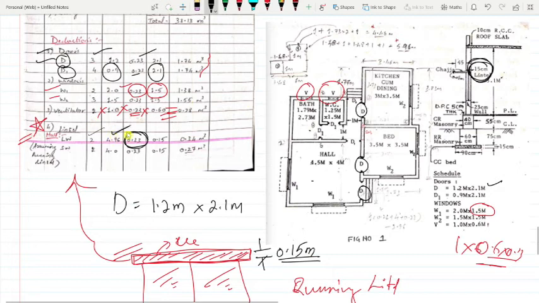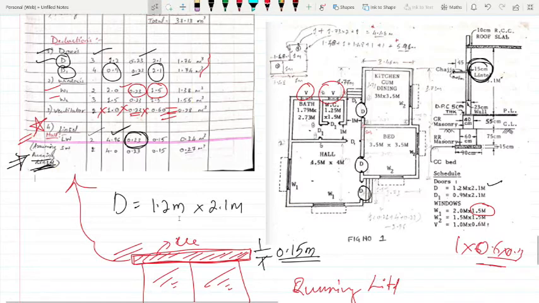And length is 4.96, that we calculated initially. I have written here assuming a running lintel, which means the lintel is there completely everywhere. If the question says it is a running lintel, then only assume so. If it is not given, then you are free to proceed with whatever is applicable. Otherwise, if he wants the lintel over the doors only, he will mention it.